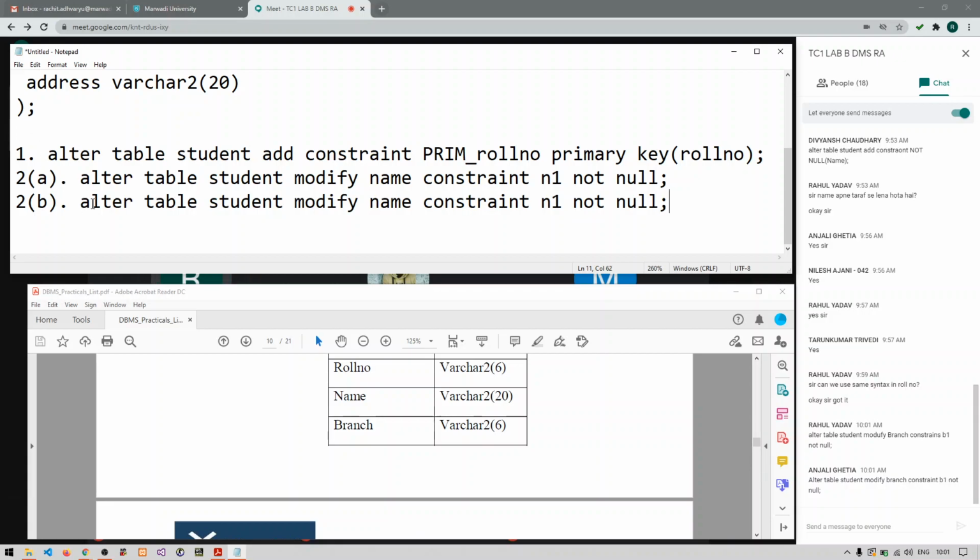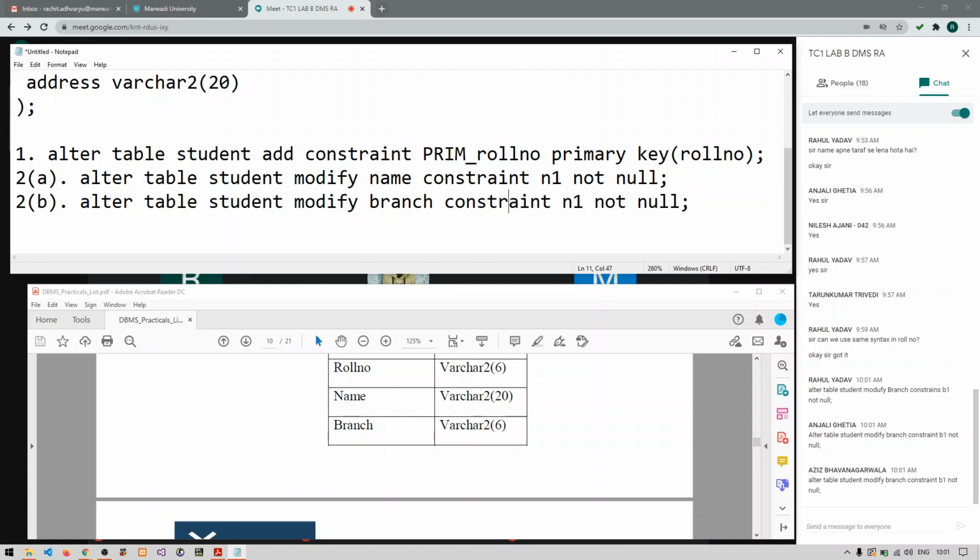Yes, alter table student, modify, and the column name is branch now. Constraint, let us say constraint n2 or whatever name you like, and then not null. So this is what your answer will be.